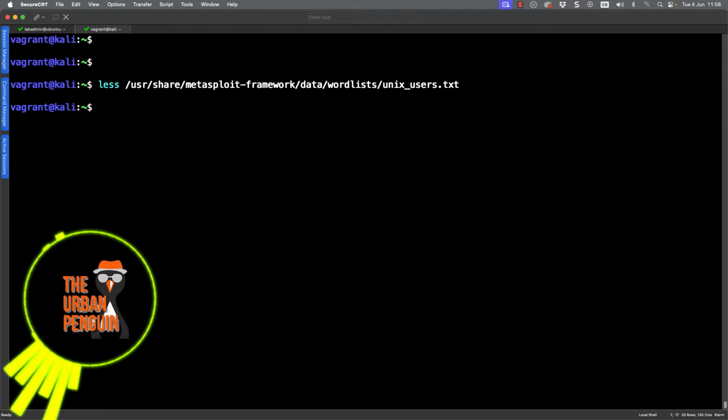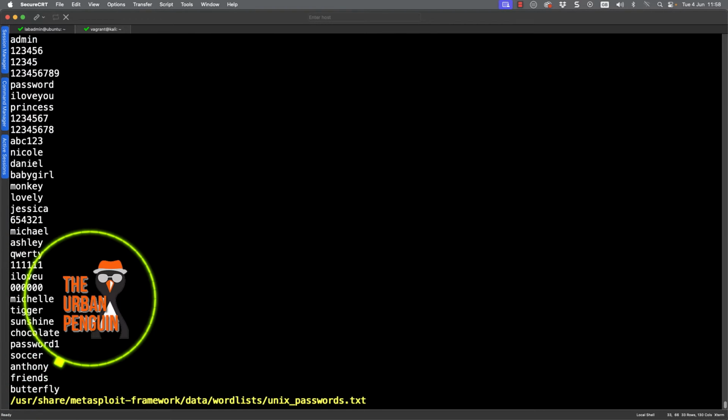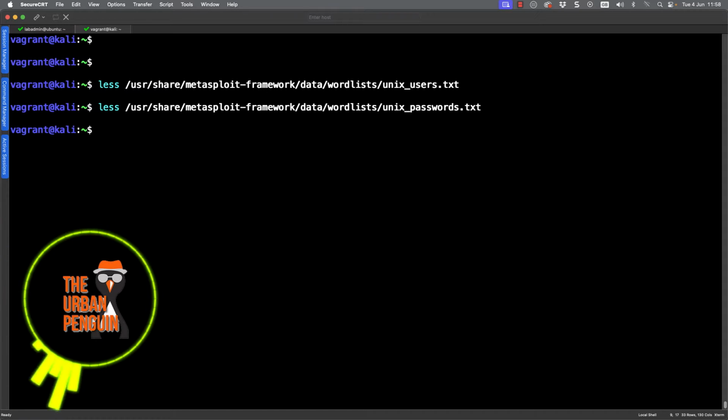If I just jump out of this and go back up to my less command, I can change this to passwords.txt, and these are common passwords that may be in use. So now I've got a list of usernames and a list of passwords. I can then try these against the SSH server.